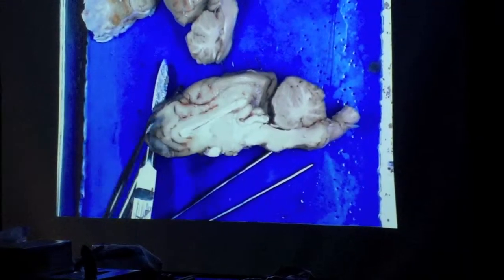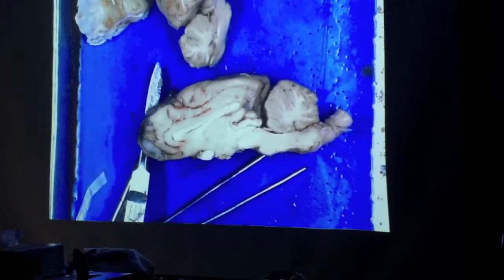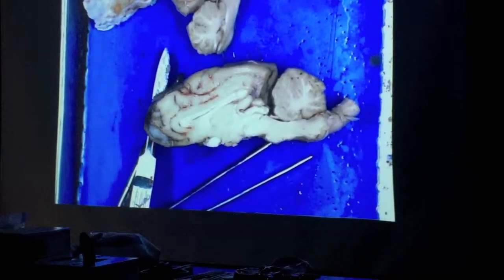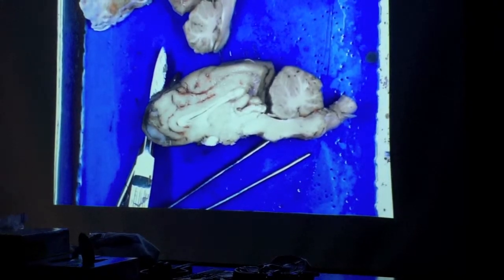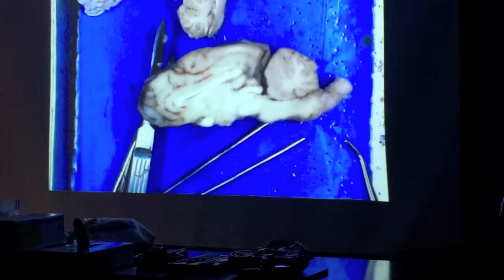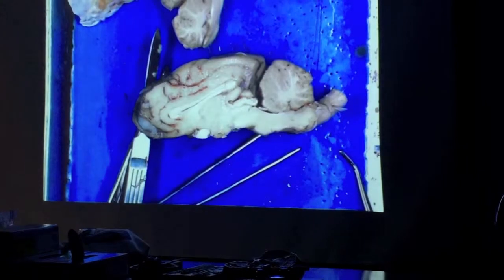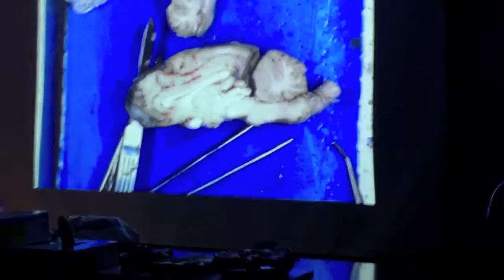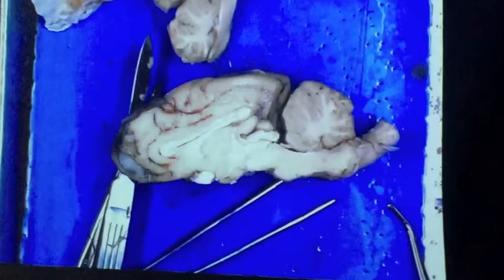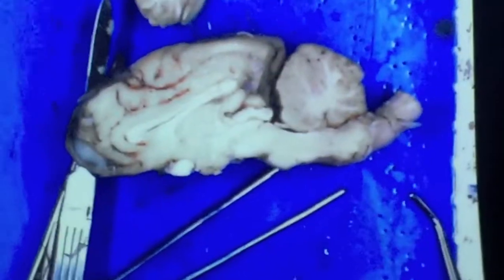For example, you can still see the sulci and gyri of the cerebral cortex that we saw when it was a whole brain. The corpus callosum was a thing that you had to cut through. The corpus callosum is a thick network of neurons that cross from left to right so the two halves of the brain can share information. If you cut these, you get all sorts of weird things happening because the two halves no longer can communicate